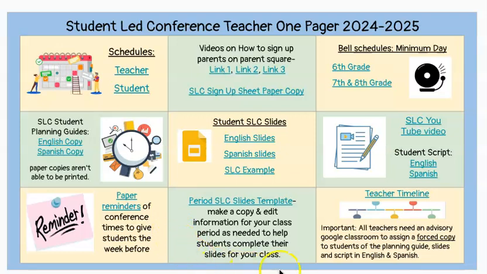This middle box here is for teachers who need to help their students fill out the slides, and this gives you some sentence starters that you can use for your own class. Last year I used this slideshow for science, and I pretty much had full-on sentence starters for the whole entire slide that they were going to complete in science. And then this last box is the teacher timeline, and it has all the important dates